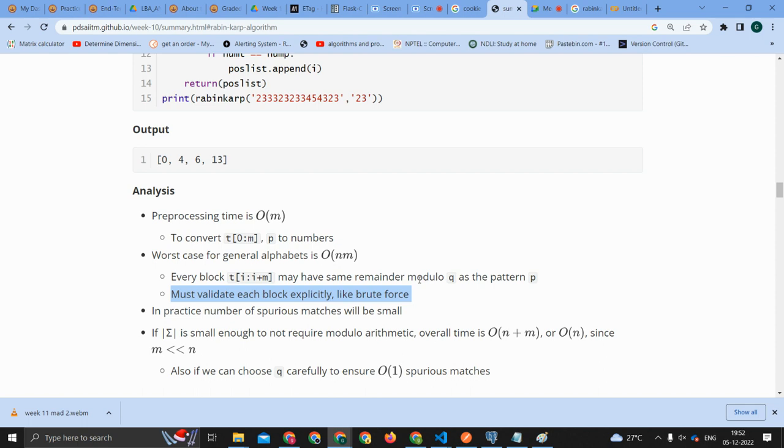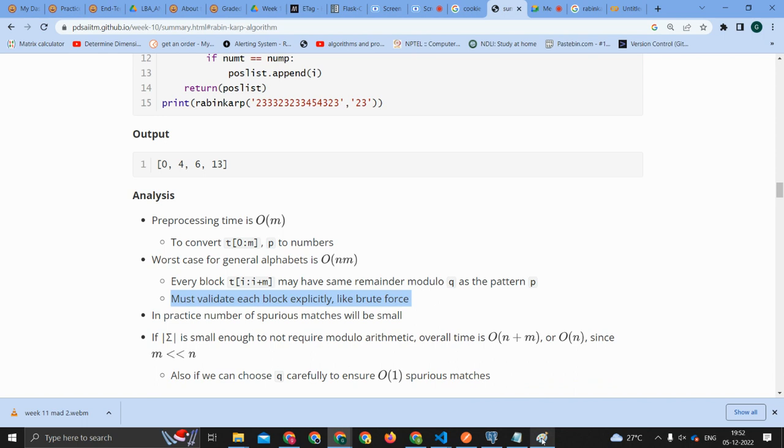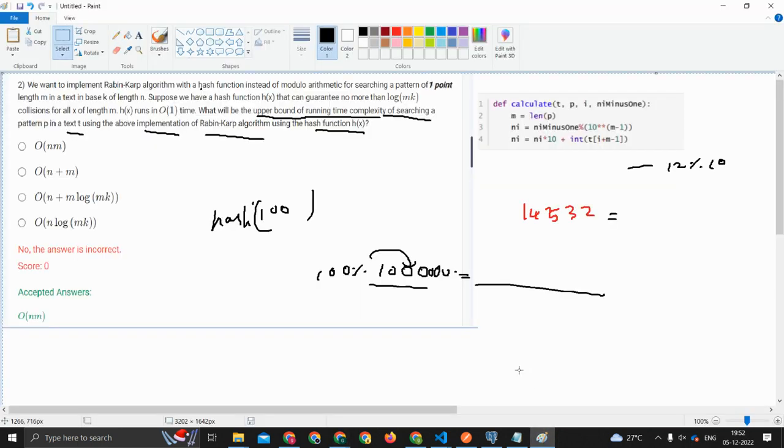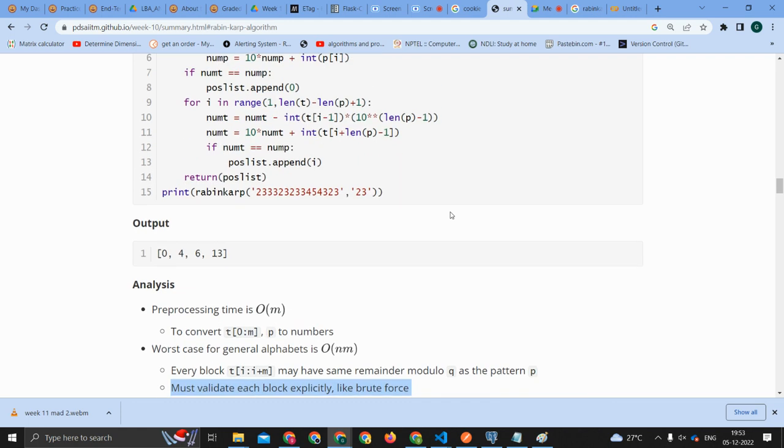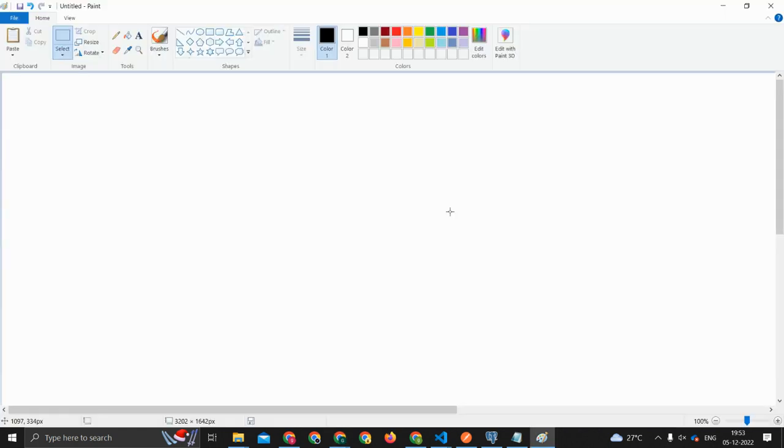I'm not sure. See, it's been some time. What I think is, I'll tell you why the hash function and modulo are coming here. If you're taking numbers from 0 to 9, this is of base 10, right? Okay. So if you want to check the pattern for